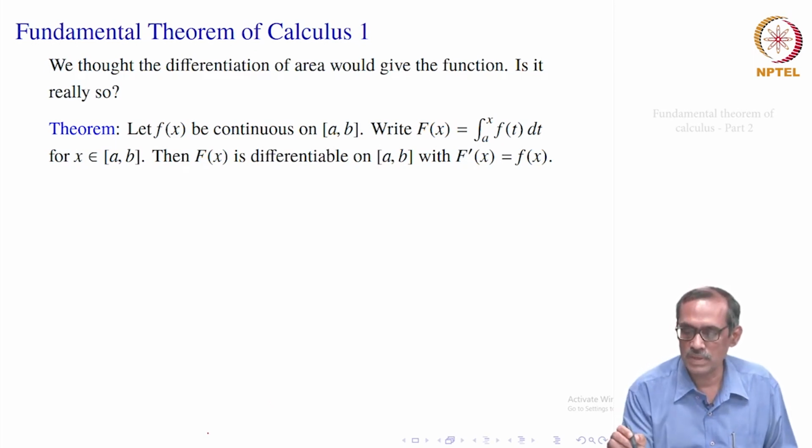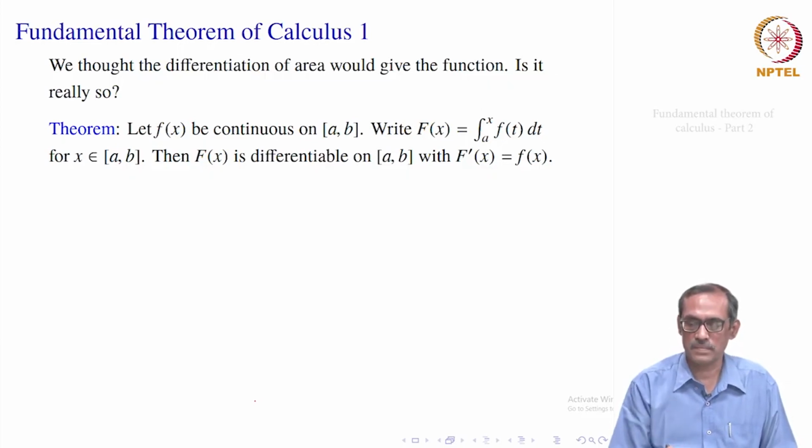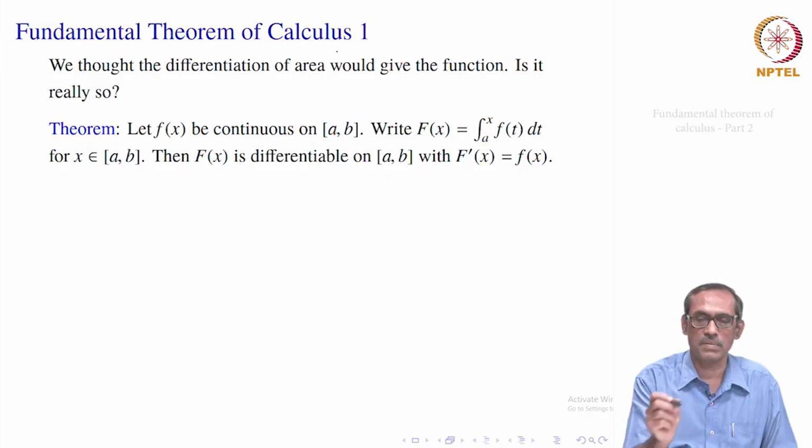Right. Which means that differentiation of the integral will be the function given. That is what we wanted when we say that it is the reverse process of integration. Not only that, we really need two. One is, if you take the integral like this, F of x equal to integral a to x f of t dt, then its derivative should be equal to small f, and then another will be that the integral of the derivative should be equal to that function. So, that will come as fundamental theorem of calculus 2. This is really fundamental theorem of calculus 1.